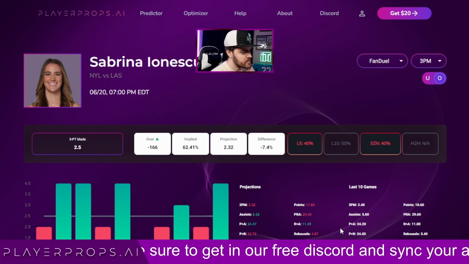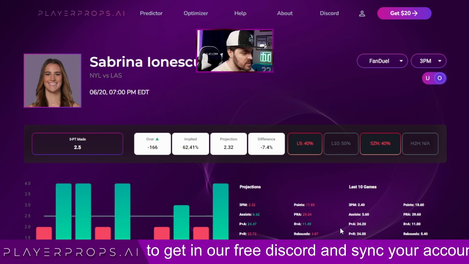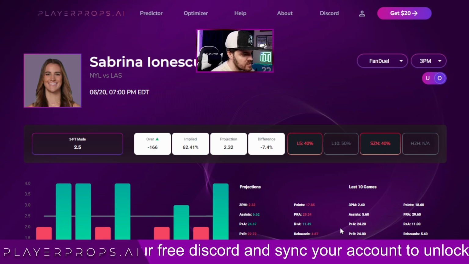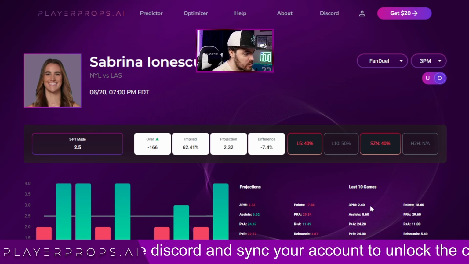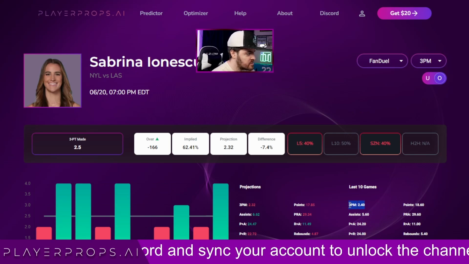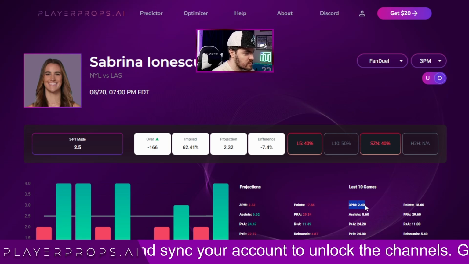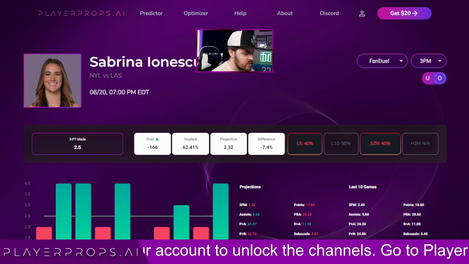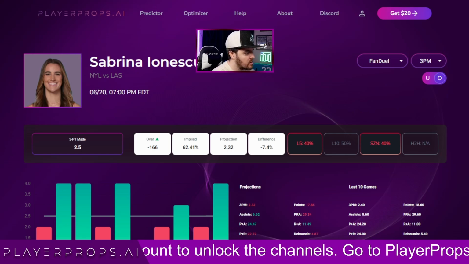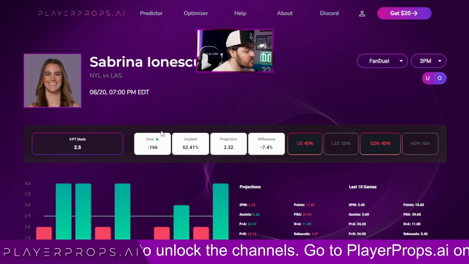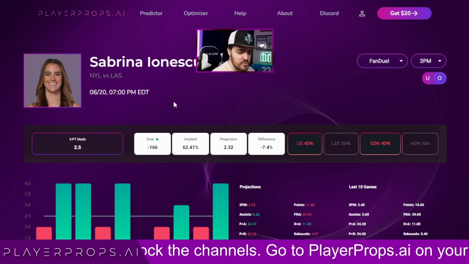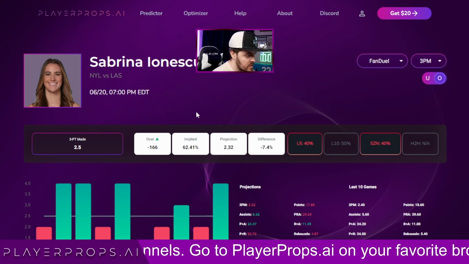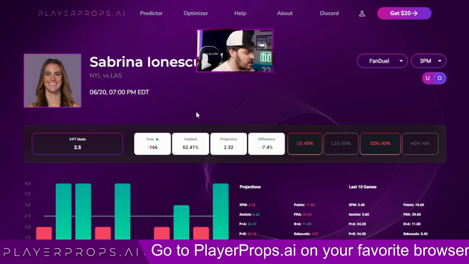Like if she's versing the Sparks, how many 3-point shots did the Sparks allow in their last 10? These are her last 10 averages. We know that she's made 2.4 threes on average over the last 10 games. But I want to add something else below here, last 10 opponent average. So over the last 10 games, how many threes have the Sparks allowed? So things like that, opponent historical stuff, is going to be included into the site as we continue to build